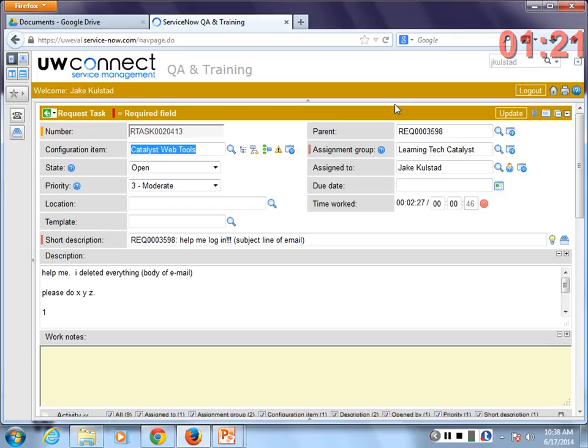I'm told doing stuff in the description will not email the client via the parent. Actually, the most important thing is nothing from a task can email the client. So it's also a very safe way to have subtickets that do not get back to the client. So the description here is going to stay in the request task. You actually type in the work notes to communicate back up to the parent, to the request itself, and to